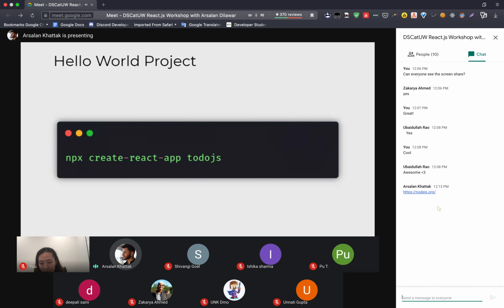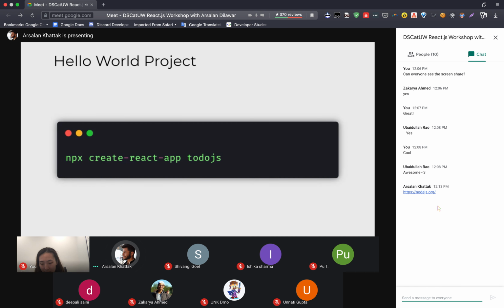React.js is also available as an npm package, and to fetch that, there is another package provided by Facebook known as Create React App, which gives you a basic template that you can work on. This is the command that we are going to use in our terminal. This command will download that basic template from the cloud server and make a folder with the name to-do-js.